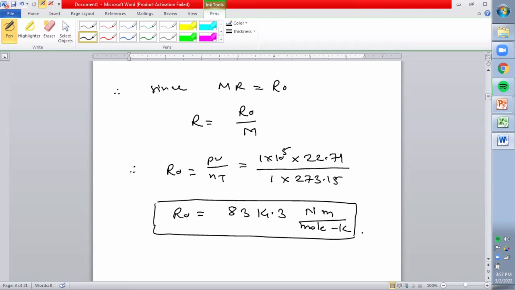Then we moved into the perfect gas. We tried to understand what exactly is a perfect gas. A perfect gas is a gas which obeys the relation PV by T at critical temperature or above the critical temperature, and also at a very low vapor pressure. That type of gas we generally call a perfect gas. And for the perfect gas, with the help of Avogadro's hypothesis, we tried to establish the relationship between the gas constant, universal gas constant and molecular weight. And we came to know that R naught is equal to 8314.3 Newton meter per mole Kelvin. It is the value of R naught.